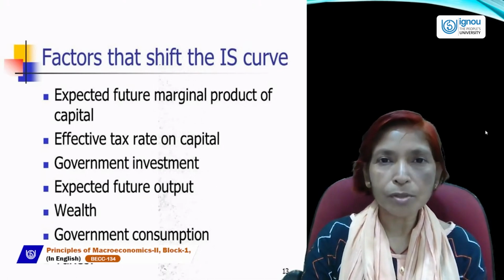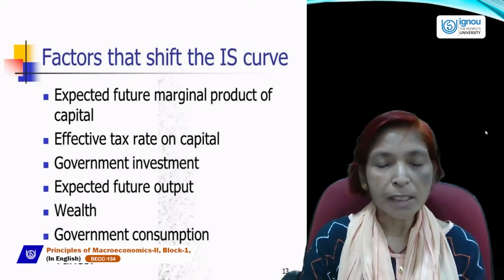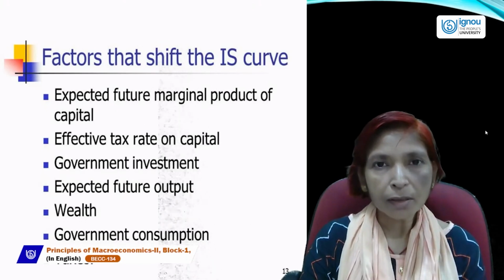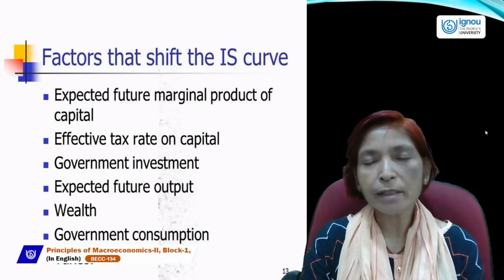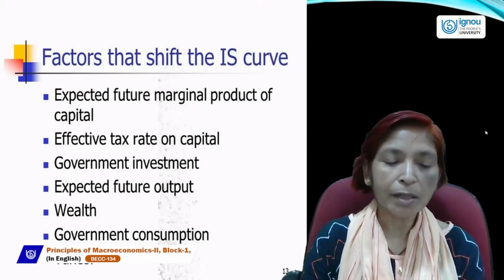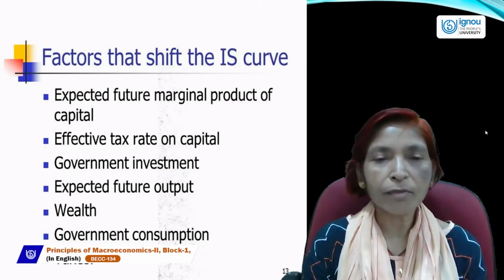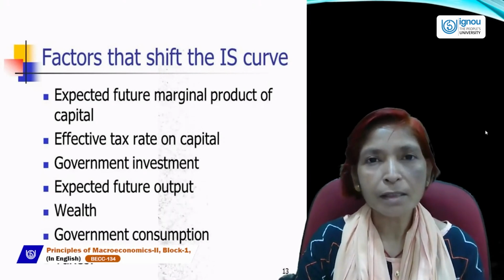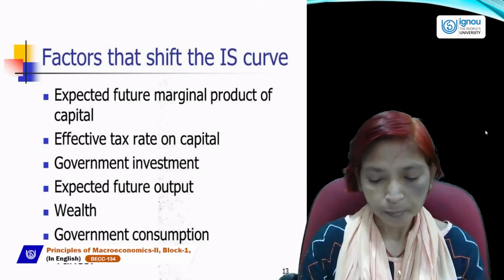And if the government imposes more taxes on consumers and producers, our purchasing power will fall, consumption will fall, and demand will fall. Due to the fall in demand, producers will be discouraged from producing goods and services. In this case, production will fall and investment will also fall. And due to the fall in investment, the IS curve will shift to the left-hand side. So these are the main factors which are responsible for the shift in the IS curve. Next is